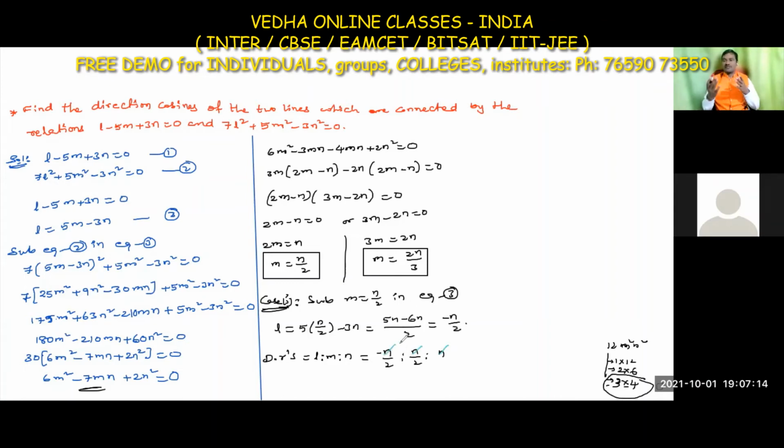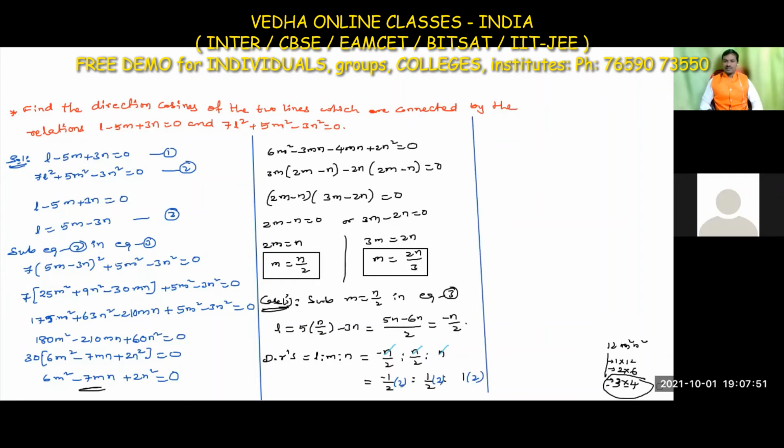Ratio is nothing but division. So we can multiply by any number, we can divide by any number. Here I am multiplying now. Minus 1 by 2, 1 by 2, and 1. Now multiply all the numbers by 2. If we multiply all the numbers with the same number, there is no change in the value.